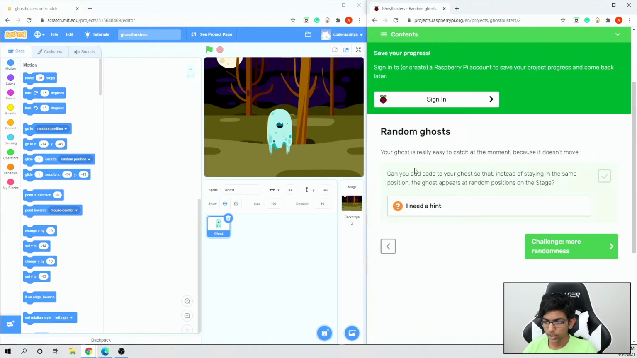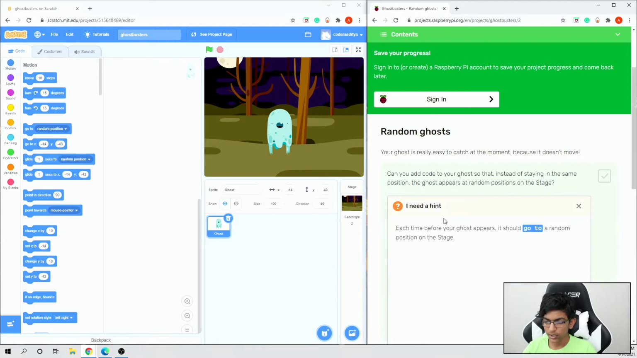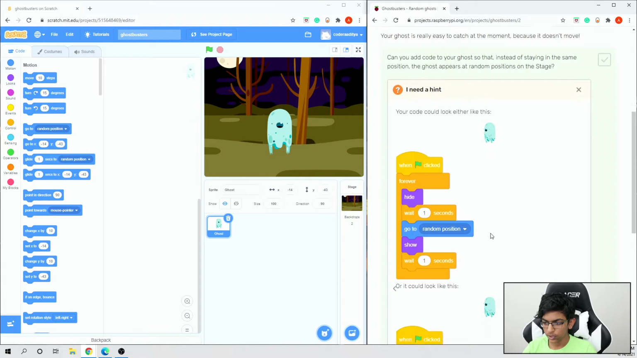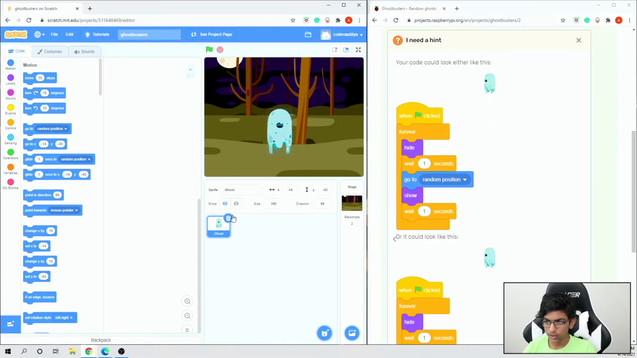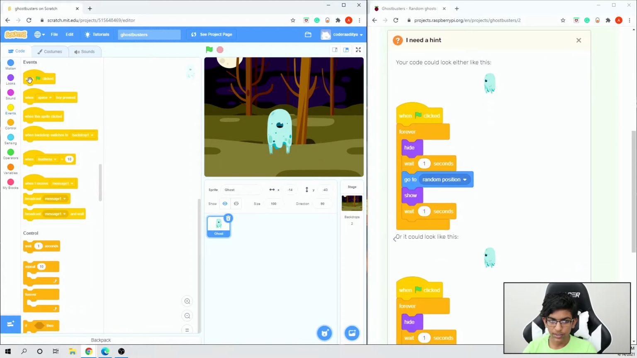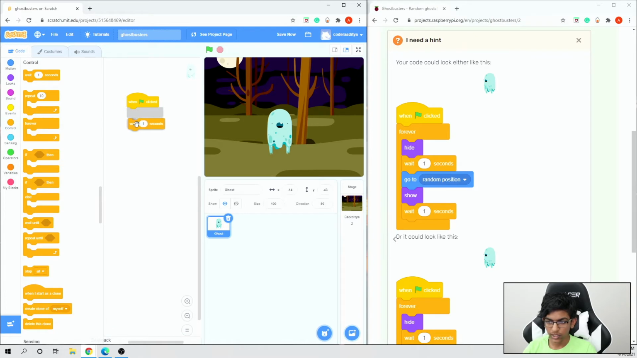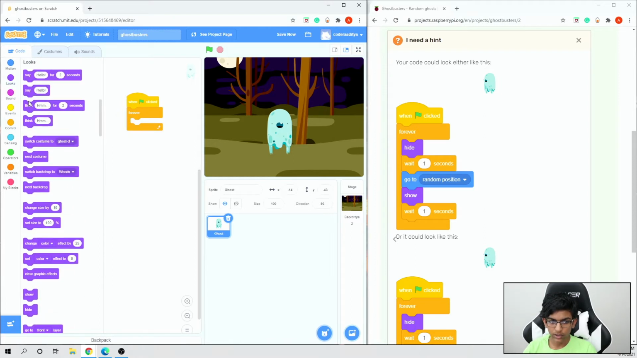Now, random ghosts. Can you add code to your ghost so that instead of staying in the same position, the ghost appears in random positions on the stage? So let's use the hint. We need this code here. Click on the ghost, go to events, when flag clicked, control, wait 1 second. Then we get the forever, and then we go to looks, drag in the hide block,